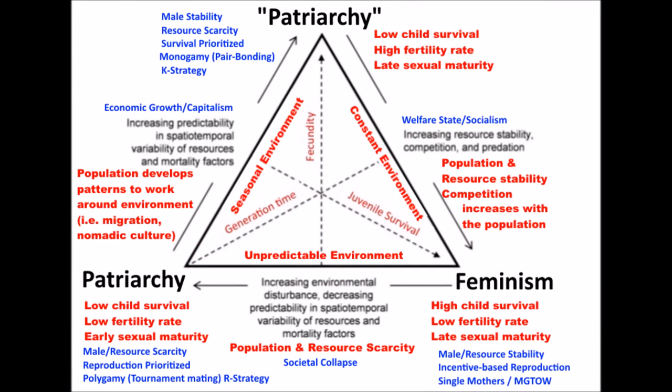However, you'll notice that this theory only has 3 phases, whereas my theory had 4 phases. But I actually think 3 phases is more appropriate. My 4th phase was the economic collapse phase, but it's not really its own phase. It's really the transition from the 3rd phase, feminism, to the 1st phase, patriarchy. So let me go over my revised theory incorporating life history theory.